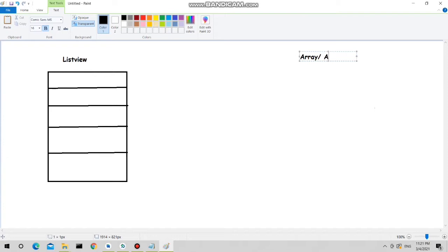You can also use a collection, that is an array list. You can also use an XML file to store these items.